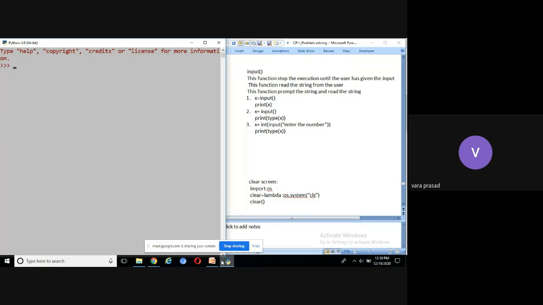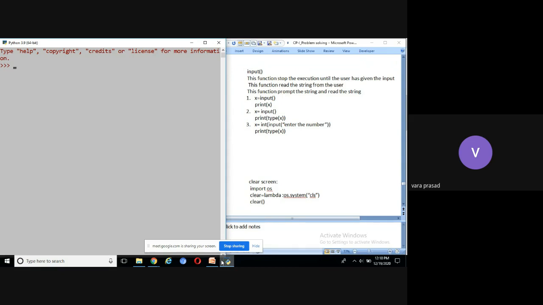The first question, what does the type function do in Python? Second question, in Python, every variable has four basic properties.